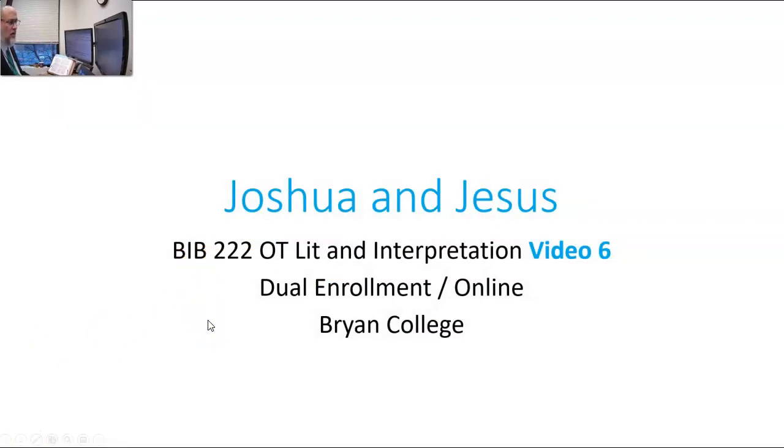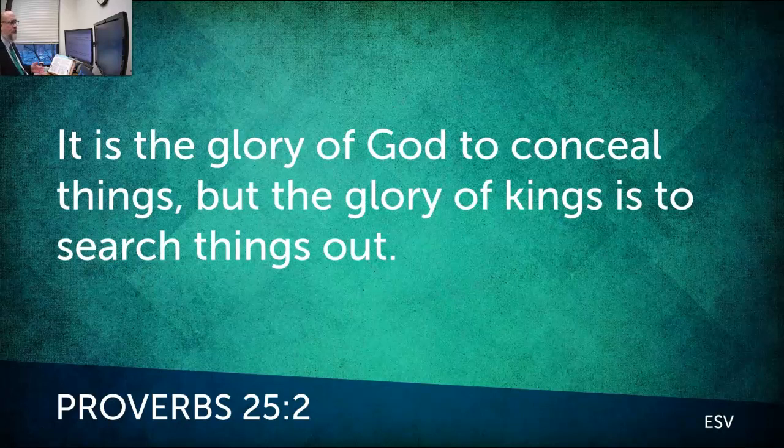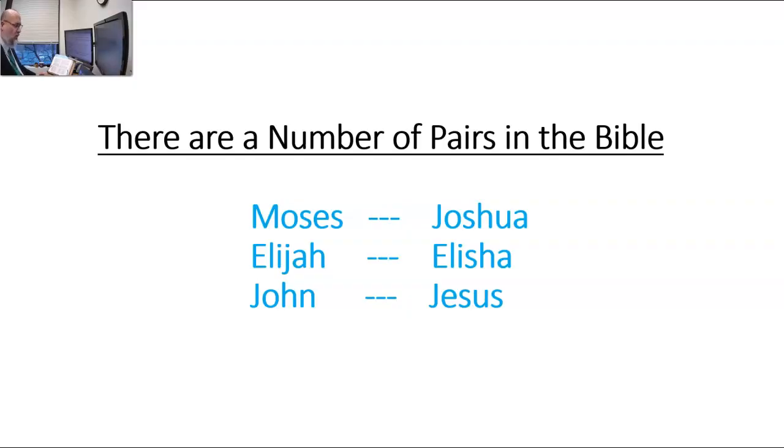We're going to look at Joshua and Jesus. This is video 6 of the Dual Enrollment online. What I've been presenting is that God has hidden a story of Jesus in the Old Testament, a macro typology, a meta-narrative, Christocentric, plot symmetrical, elegant, artistic work of art pointing to Jesus. And we're going to look at that in terms of